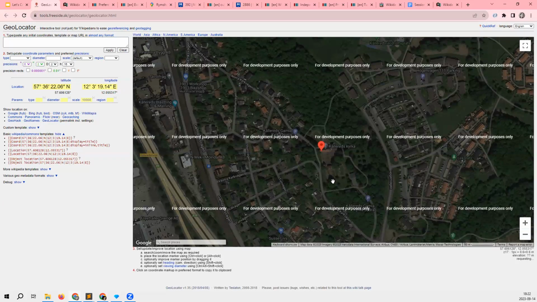Unfortunately, the only good solution would be to actually travel there and pinpoint it. But if that's not possible, then you will have to estimate, like on a flight photo or a Google map or something like that.